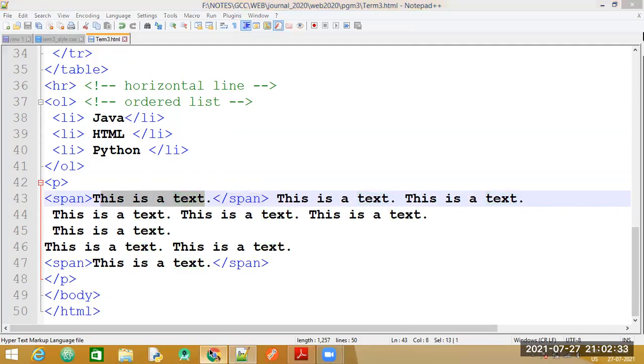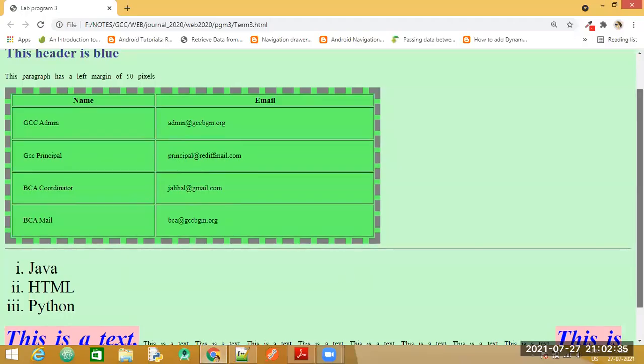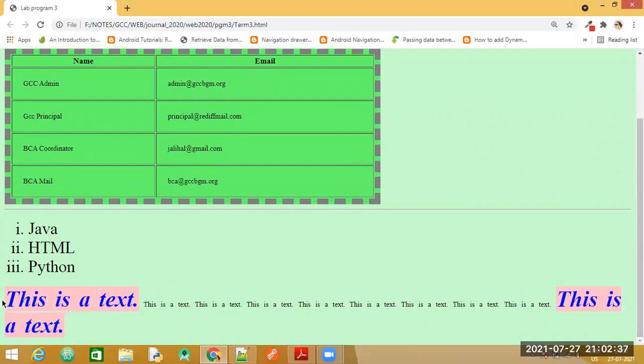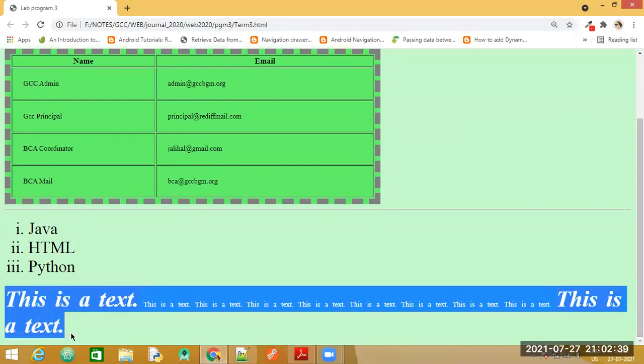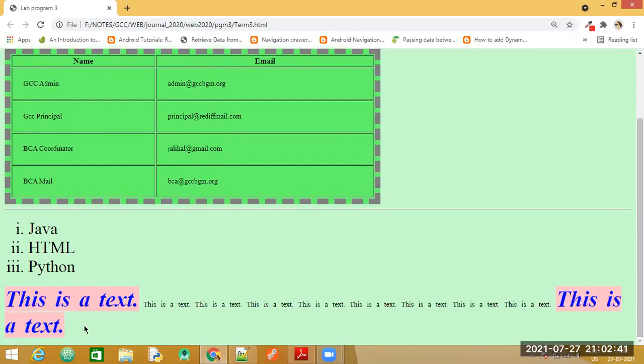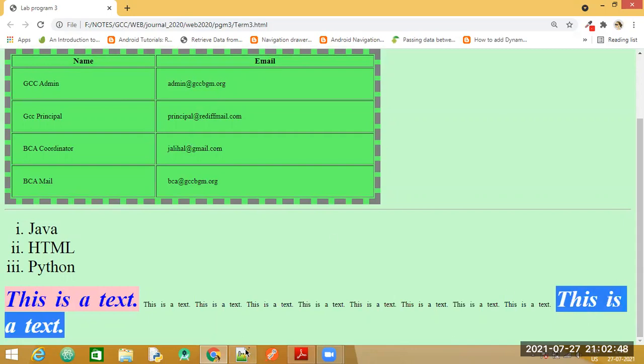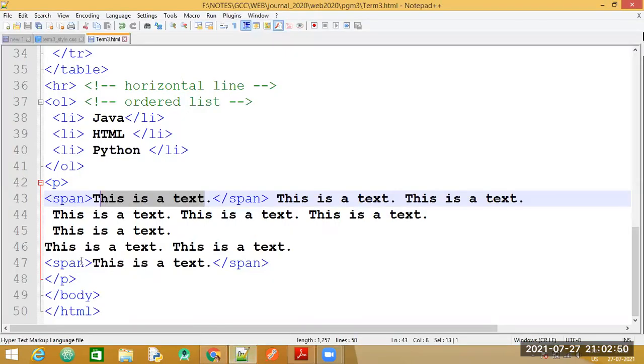If you have a look at the output here, you can see this entire text is specified in the paragraph tag, and only for this set of words, the beginning and the ending, we have applied the span tag. Here is the opening span tag and the closing span tag.